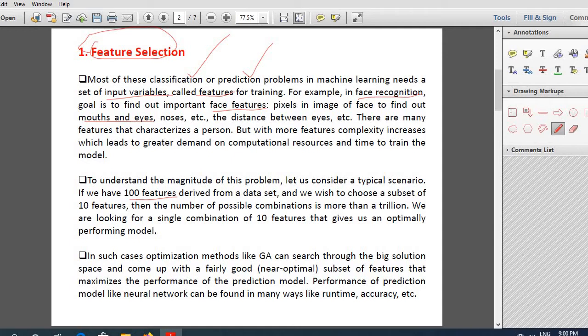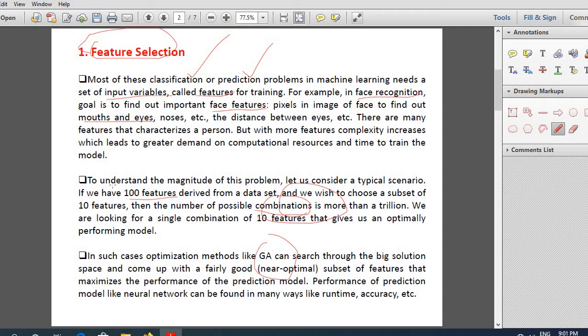So how can you choose 10 features from 100 features? It is actually a combinatorial problem. You may have to use combinations or permutations to find that. With 100 features, the number of ways in which you can select 10 features is more than 1 trillion. But we need actually one combination of 10 features that gives the best performing neural network model. So in such cases, optimization methods like GA can be used in order to select the 10 best features from 100 features.